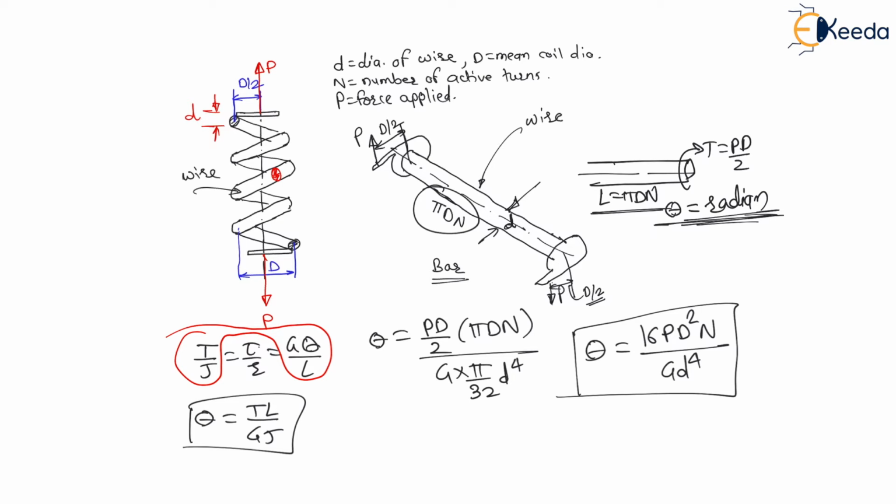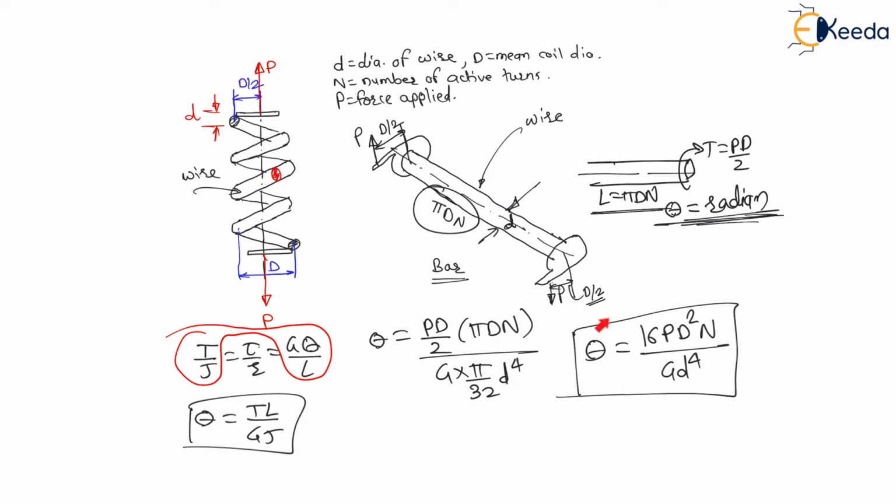Now let us find linear deflection delta. My dear students, here I am not focusing on the simplification. This simplification is school level. And if you are feeling problems in the simplification of this equation, then it is a big problem for the GATE preparation. So you have to be perfect in this type of calculations. Here d multiplied with d will become d square, n is there, pi will get cancelled. Here 2 will get cancelled with 32 and 32 will become 16 and will go up. Such type of calculations you have to do. I am not here to teach such calculations. Now here we are understanding the concepts.